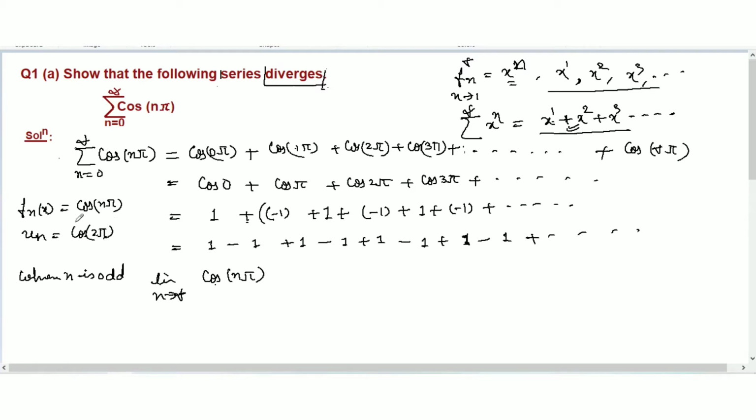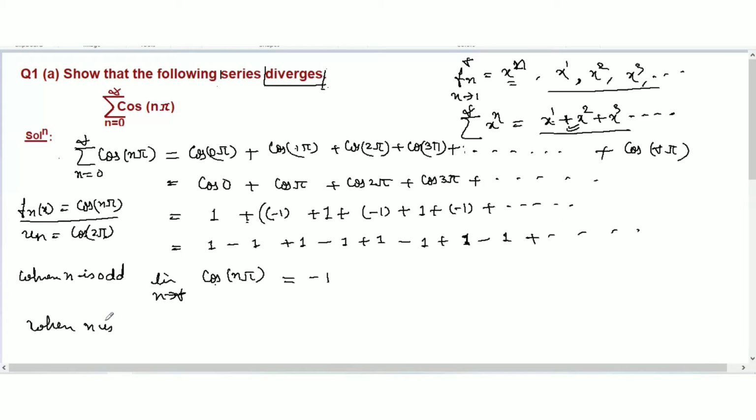Whatever you want, you can take as the sequence. So when we write down the sequence and find the limit as n tends to infinity, when n is odd, we get the value of cos as minus 1,